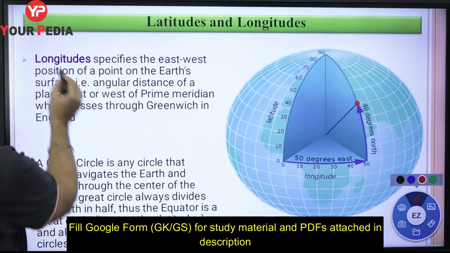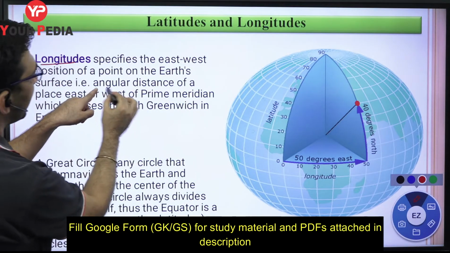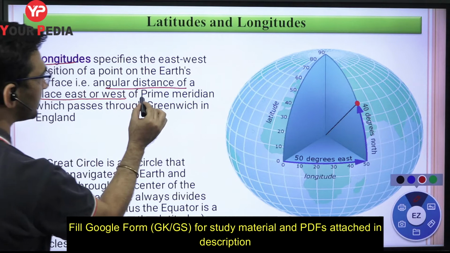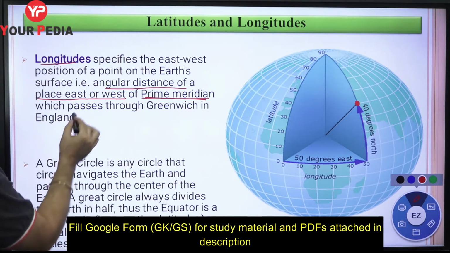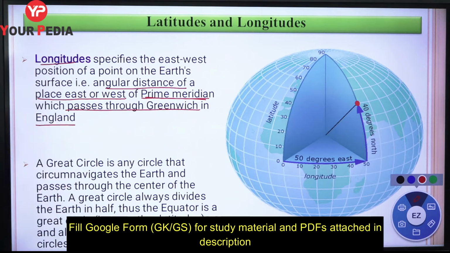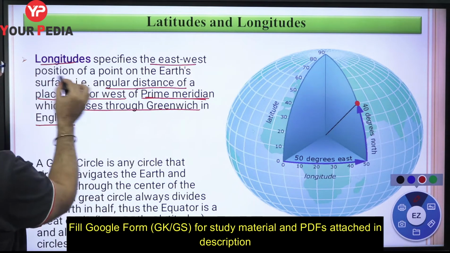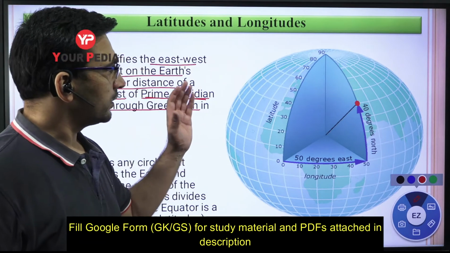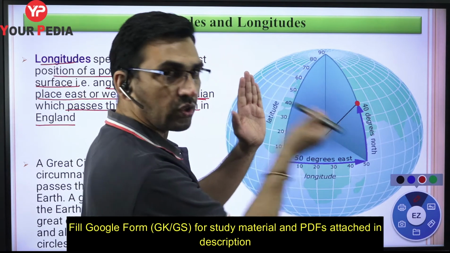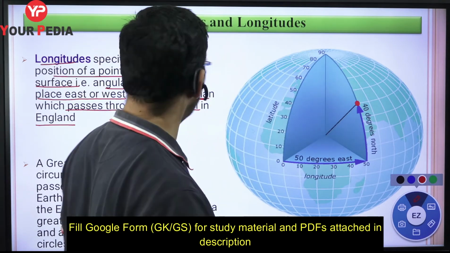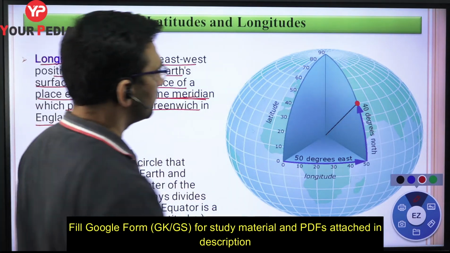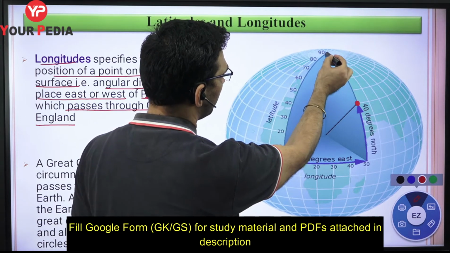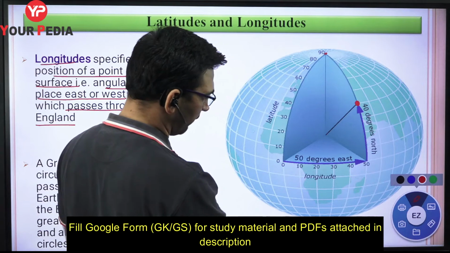Now see, longitudes again क्या है? It's the angular distance of a place east or west of some kind of reference. वो जो reference है, we call it a prime meridian, which passes through Greenwich, England. It specifies the east-west position of a point on the surface of the earth. Now again, अब reference जो हमने लिया है to tell you the position about east or west, that reference is taken as the prime meridian. Now first prime meridian क्या है वो बाद में बात करते हैं, but first let us have a look. Let us say here you are having a north pole and down there you are having the south pole.